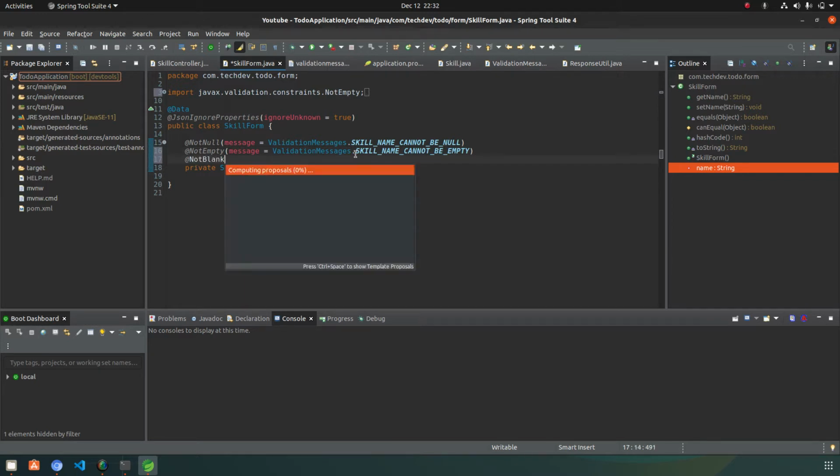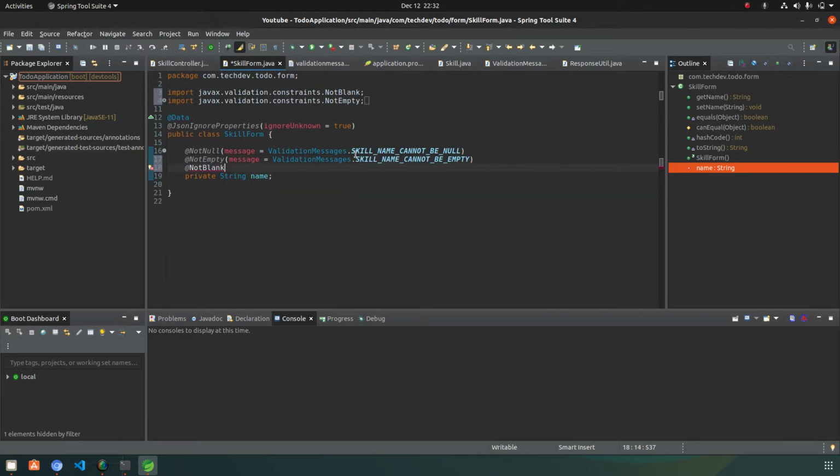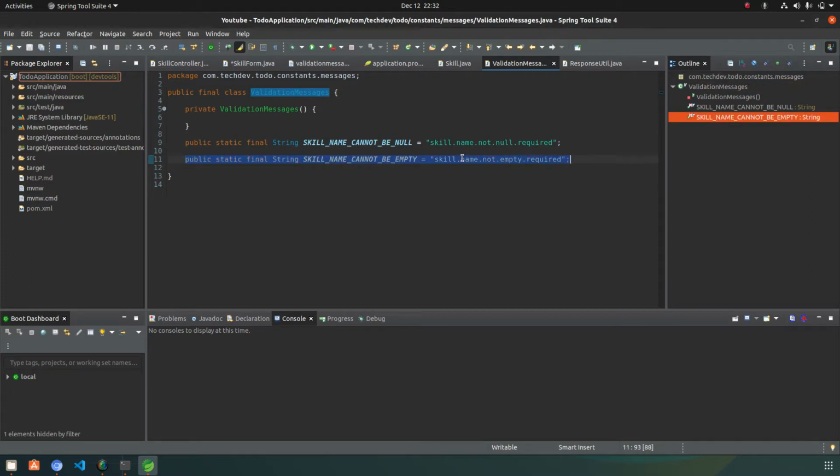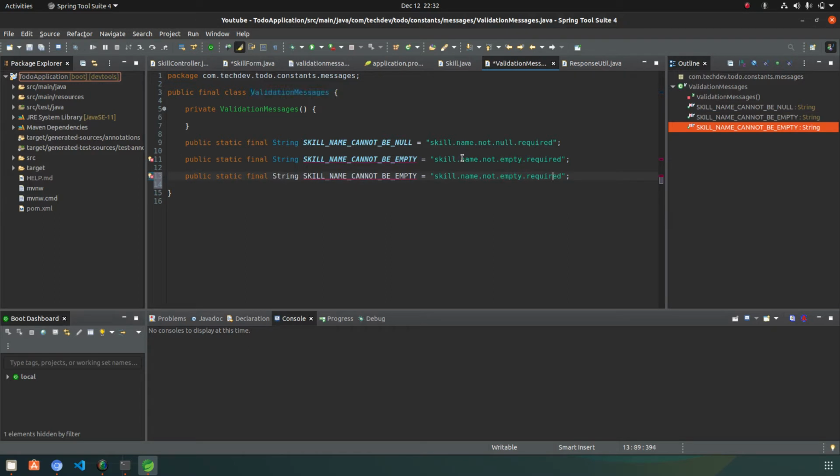Similarly, for NotBlank the same thing will be here in ValidationMessage, and we will create a constant for this. Instead of cannot be empty, we will write cannot be blank, and the key is not.blank.required.